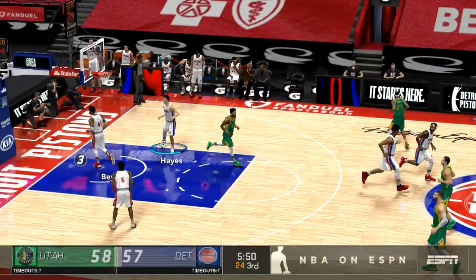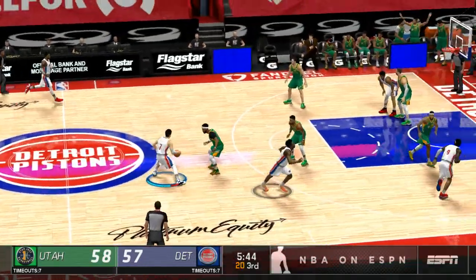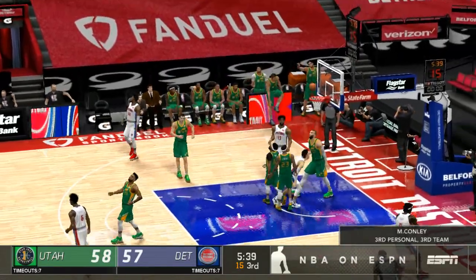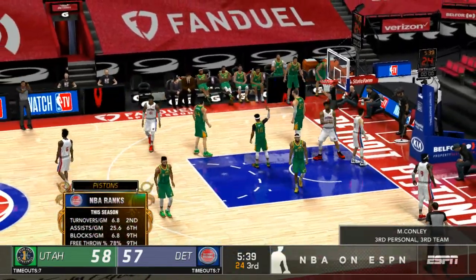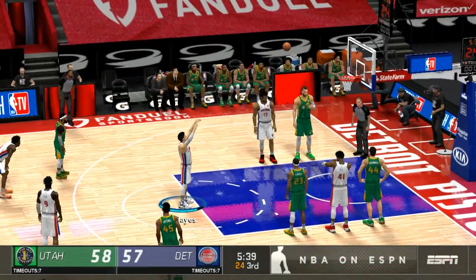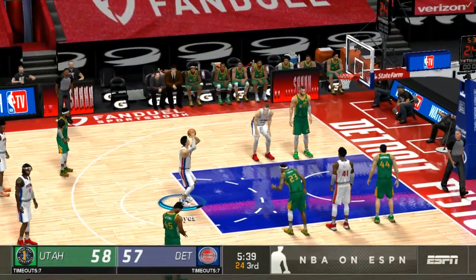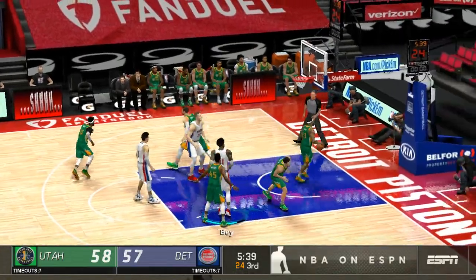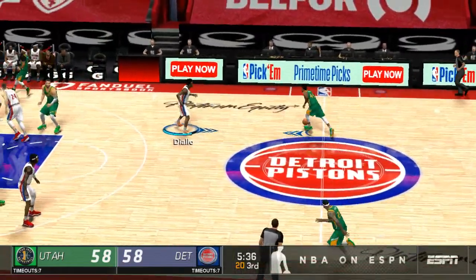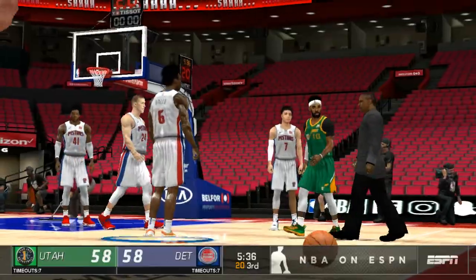Yeah, exactly right, Kevin. I mean, these teams just simply keep trading baskets and as a result, trading the lead. Yeah, neither side really able to create much of a cushion at all. So which team can make a little run here? We'll see. Let's see where the Pistons sit right now in the NBA statistics here early in the season. Second in fewest turnovers per game. 6th in assists. They're in the top 3rd in the league in blocks. They're a team that really doesn't give many good looks. And Clark, you know, when you commit so few turnovers, it's key because you become a much better offensive team. You're constantly getting looks at the basket, and your defense isn't vulnerable either because you're able to get back in transition so much